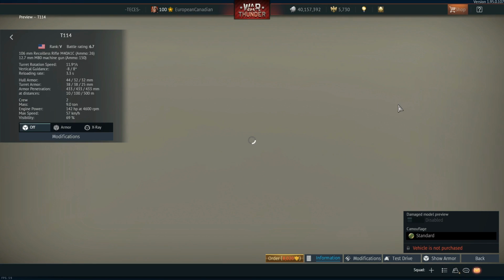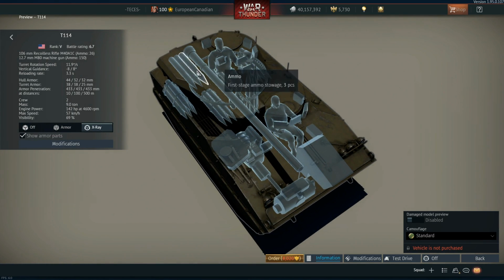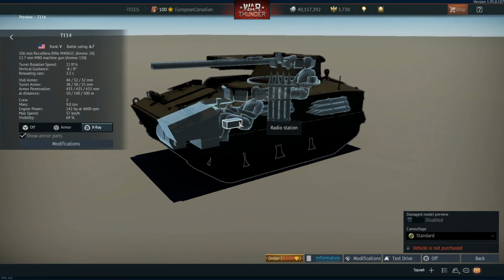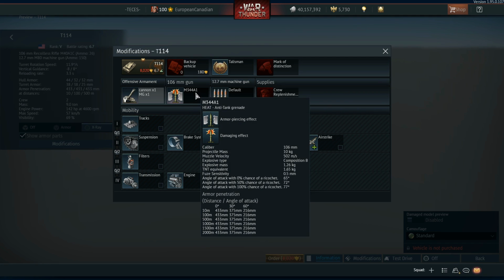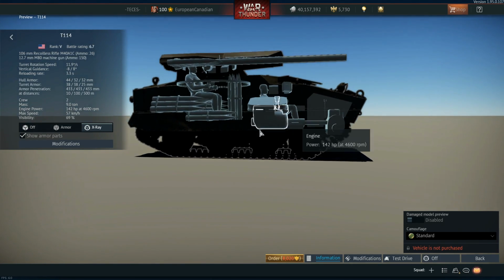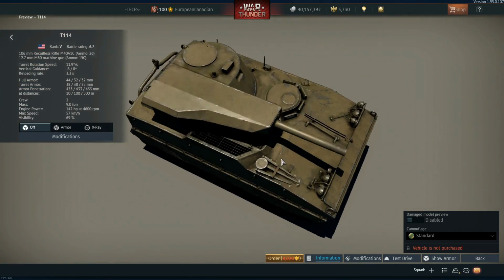The T114, though, is a very fun little machine with its 3-stack autoloader. What I mean by that is it has these 3 pieces, and once it runs out of these, it does have to reload. But it's a rank 5 battle rating 6.7 little go-kart with access to the 106mm recoilless rifle. This gives you access to HEAT. You can just fire those 3 shots at an enemy, annihilate it, and then run away again in your little binky car. With only a crew of 2, it's got terrible survivability,